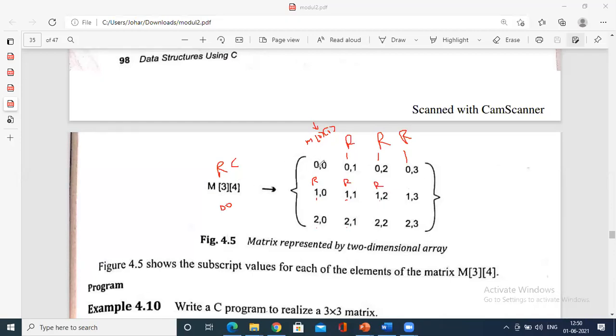Maximum capacity is 3 rows. You could see row number 1, row number 2, row number 3. In this, the first element is always the row. The second element is the column. So how many columns? 4 columns should be there. You could see first column, second column, third column, fourth column. Since the indexing starts from 0, the fourth column is represented by 3, the third column by 2, as such. Okay, just erase this.